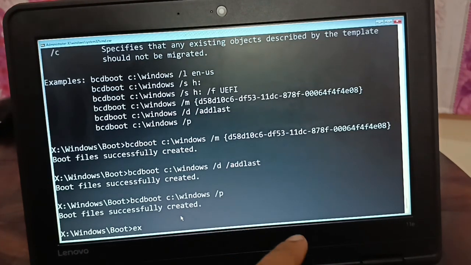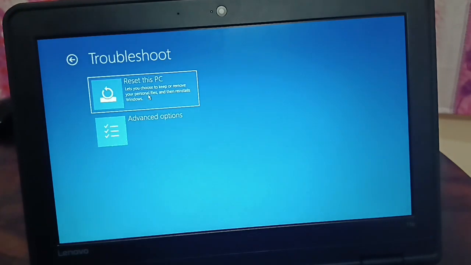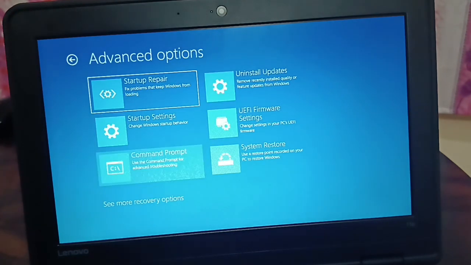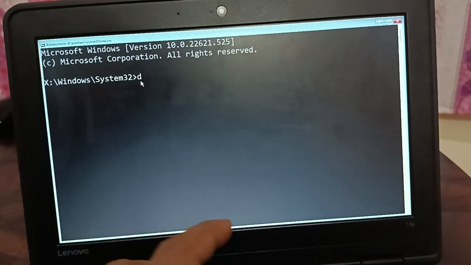So this is one thing: just execute it, exit it, and you can continue with Windows 11, and it needs to be working. If it still does not work, come back to the same place and open the command prompt. Because it is a loop, if it does not work, you will come back to the same place, since it's a startup loop or a keyboard layout loop. So you'll be coming back to the same problem. Now, if that also does not work,